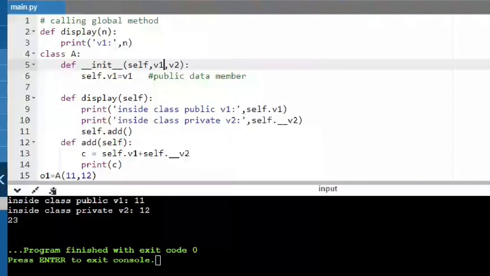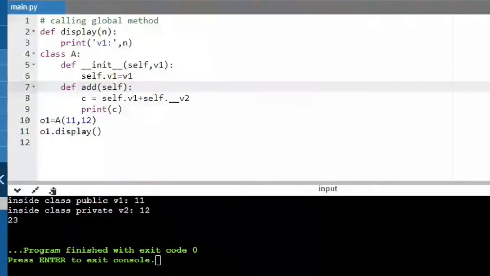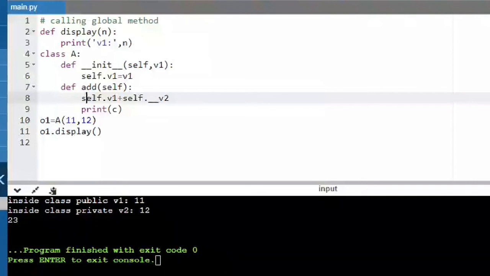Okay, then I'll make a call to the display method from the add method. There is an add method wherein I'm saying self dot v1 plus equal to, so increment it by 2. Okay, and I want to print this v1 from outside the class.